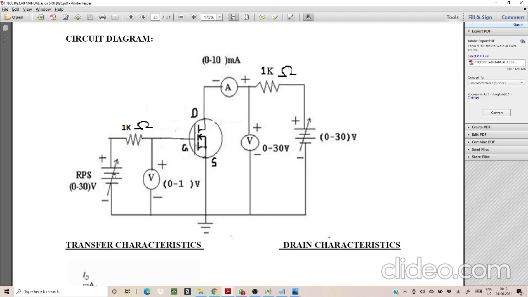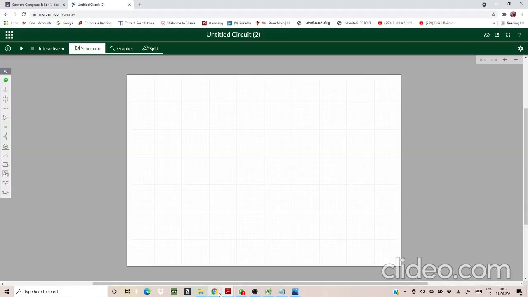Now let us give the connection through the Multisim. I have already told you about the Multisim link and the components present in Multisim. Now let us connect this through the Multisim simulation tab.